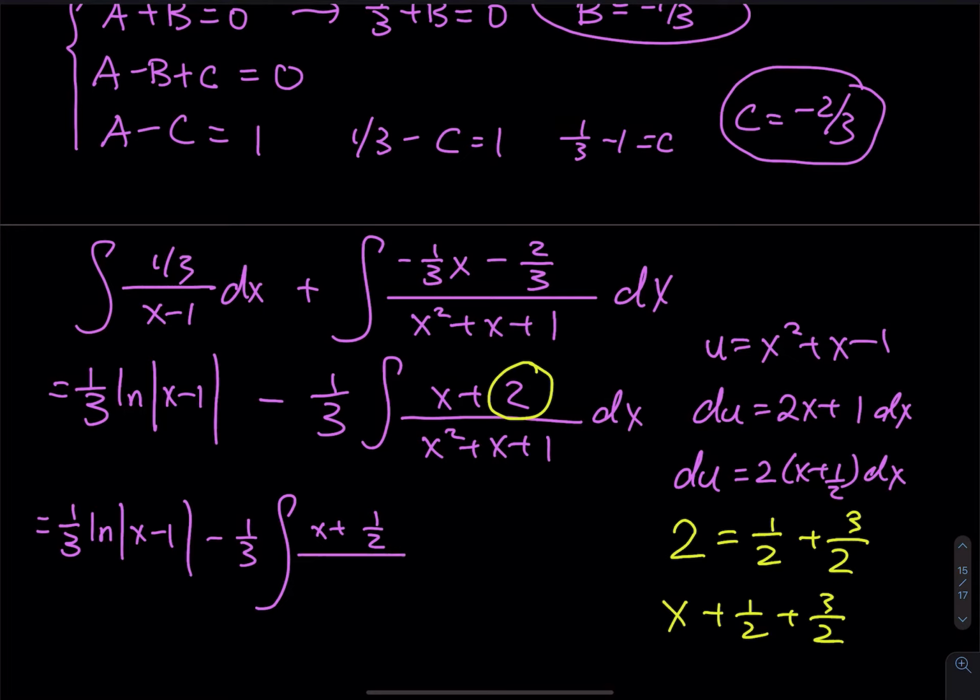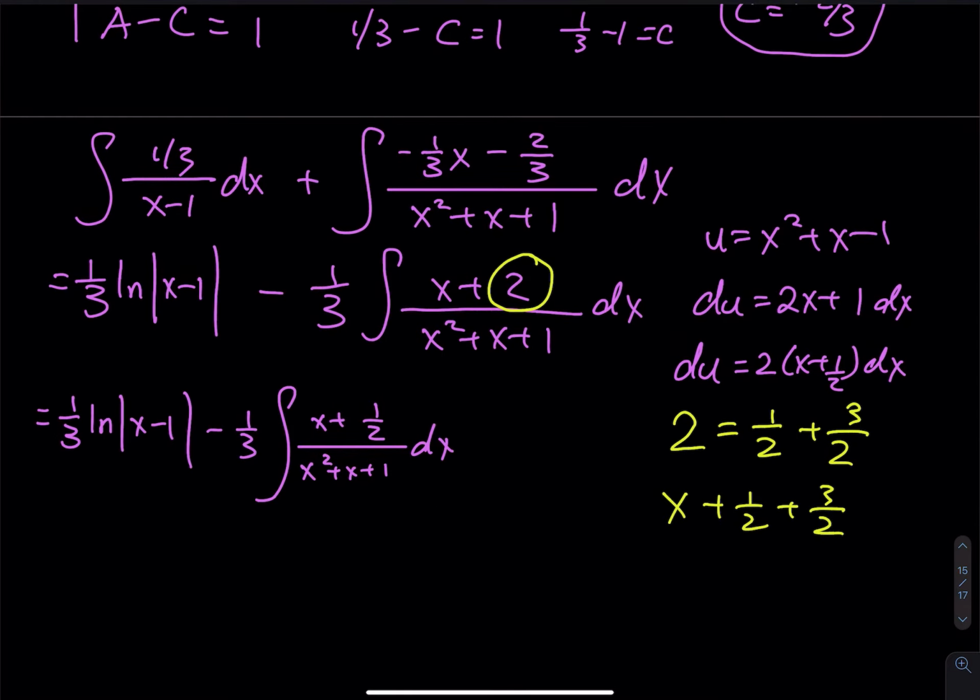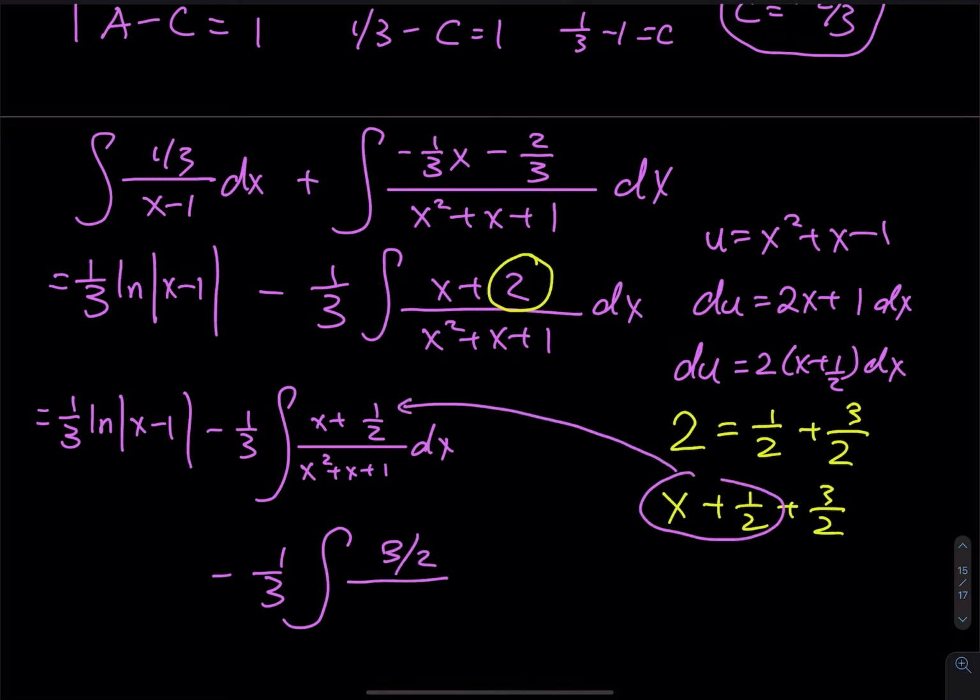And then divided by x squared plus x plus 1 dx, and then one more, the negative 1/3 integral 3 over 2, because this goes here, and then this goes here, x squared plus x plus 1 dx. Okay,